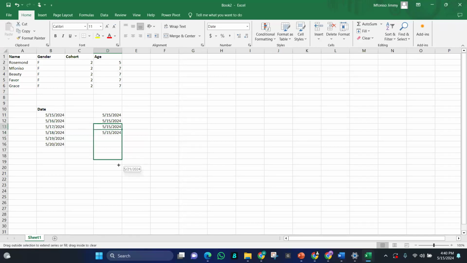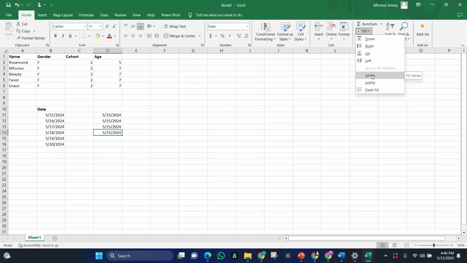Did you see what I did? Not really. Yes, if you flash fill like this, it will still give you the normal pattern. So you come to your home button, you go to the fill. Once you click fill here, you've seen series, fill series, justify, down, up, right, left.